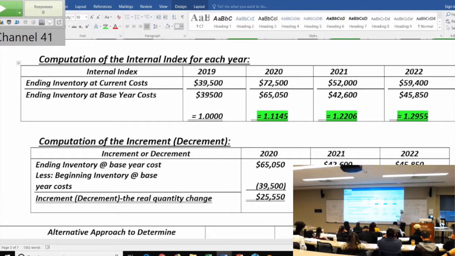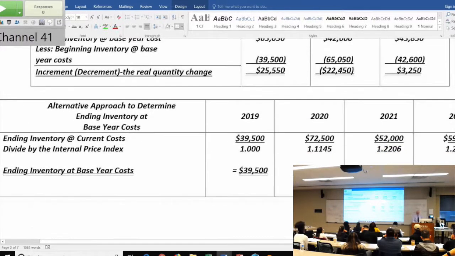Now, before we get to that final example, just one last point is that sometimes you're given the index, depending on the problem. If you're given the index, the internal index here, my clients used to calculate the index internally. Today, you might find it more convenient to use what? A consumer price level index or an industry index of inflation, whatever it may be. If you've got the index, you divide it into the current cost, and that gives you base year. So if I give you the index, just divide it by the FIFO or the current cost, and you'll get the